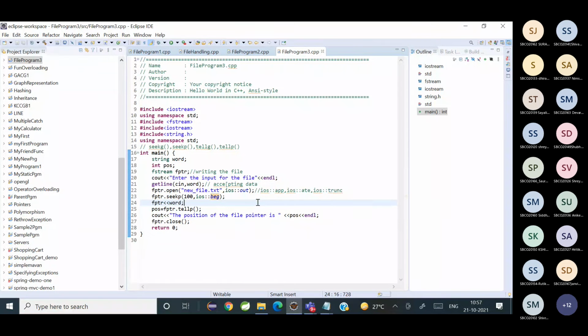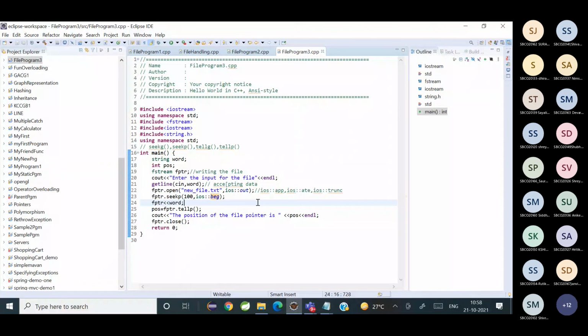Yeah, in seek you're setting the pointer to a particular position. That means if you want to set the pointer before a read or write function, you can use seek. Instead of sequentially reading, you can read from some particular position using seek. You set the pointer at that particular position, and from that position it will read or write. Whereas tellp or tellg tells you the current position of your pointer.